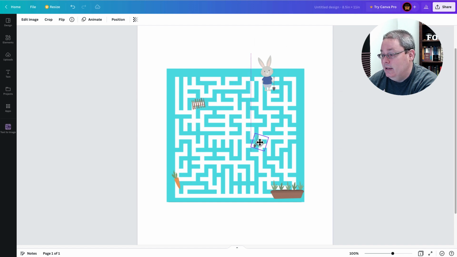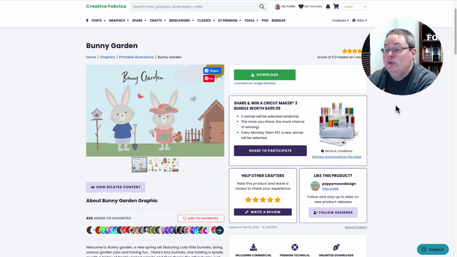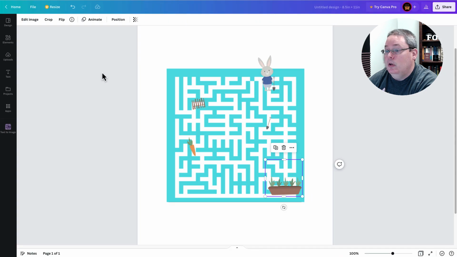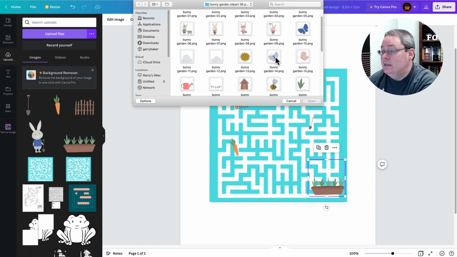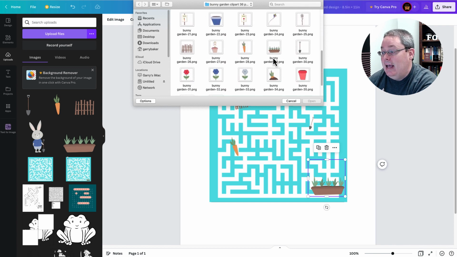Of course, I've added here a shovel for him to pick up along the way, as well as carrots to plant down here in his garden. And I got those images over at Creative Fabrica. They're not that hard to find. And then once you get them, you can upload them simply. I've done this here in Canva. I went to upload files, and then I have all these different images that I can easily add to my